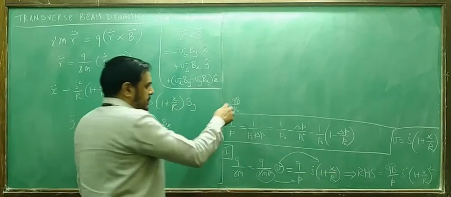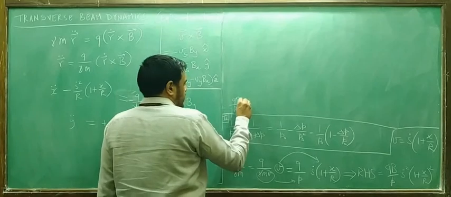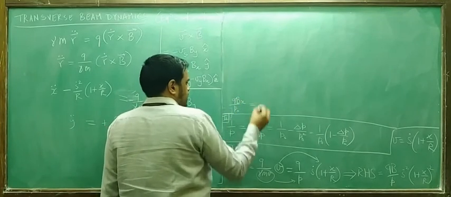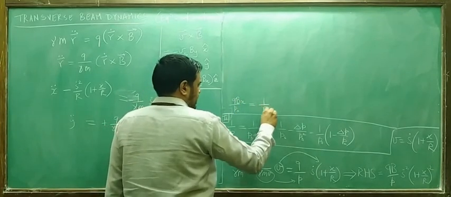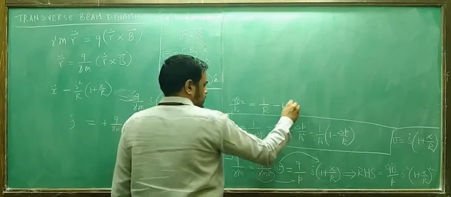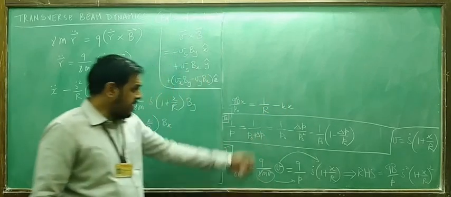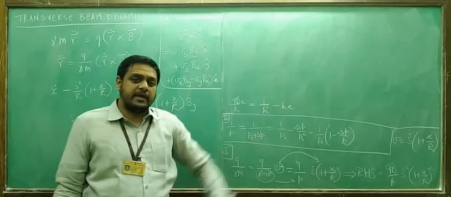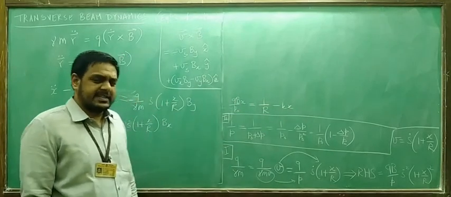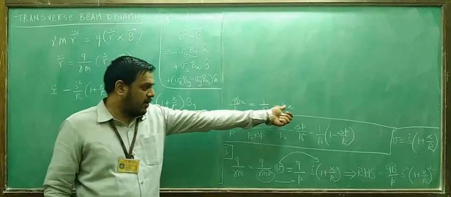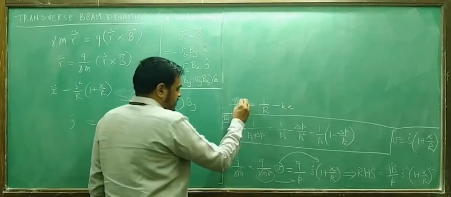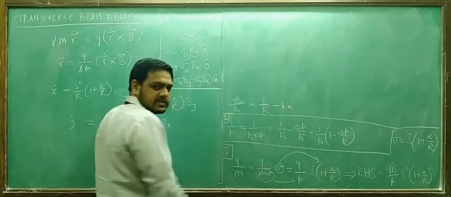But QB by P naught, if it is Bx, then my claim is that I will take the dipole term and the quadrupole term. If you remember your Taylor series expansion of the magnetic field, we have got this. This is B with x component, not b times x. Okay,